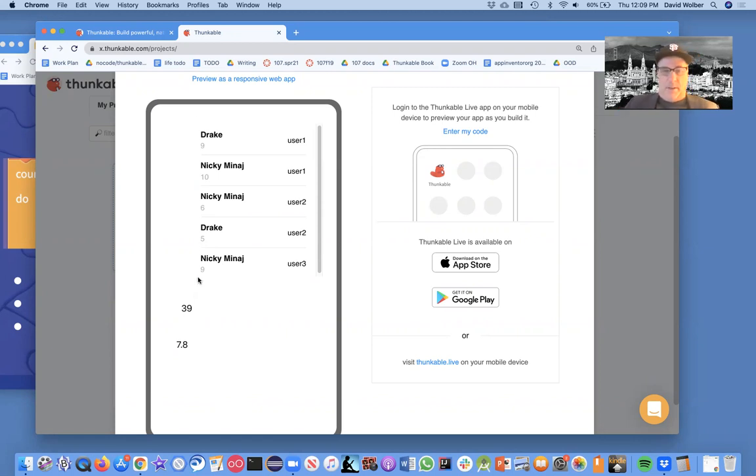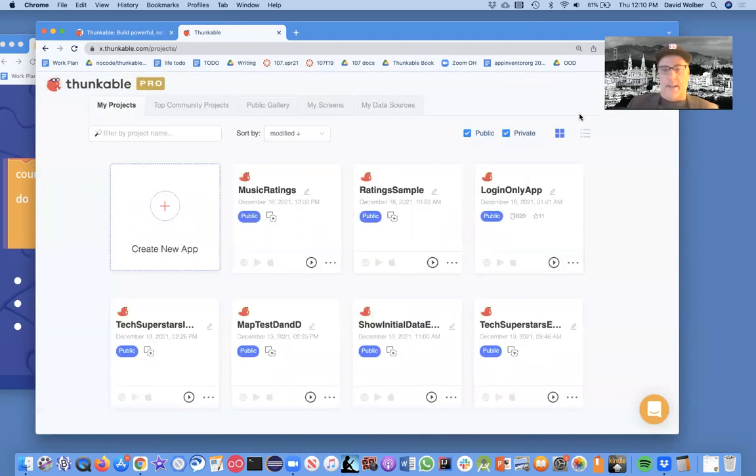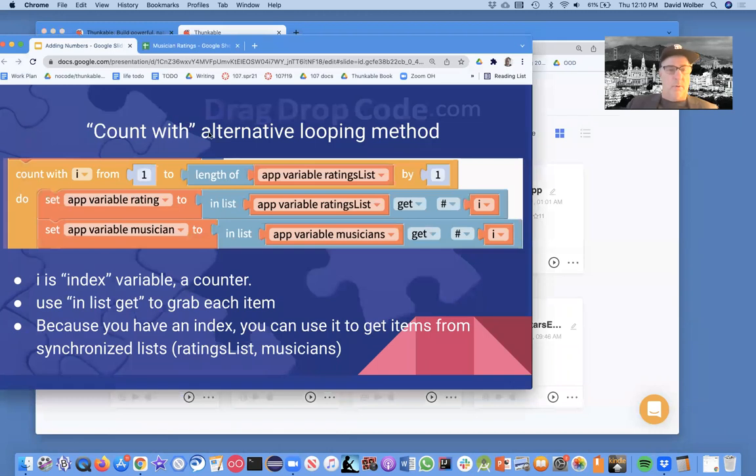In this video, I'm going to show you how to do it for each of the musicians separately. So it gets a little trickier, right? Now we want to add up just Drake's, which is going to be 9 plus 5 is 14. So we have to do a little filtering on the data, and I'll show you how to do that. Okay, so here's the app called Music Ratings, and we're going to have to use a couple new